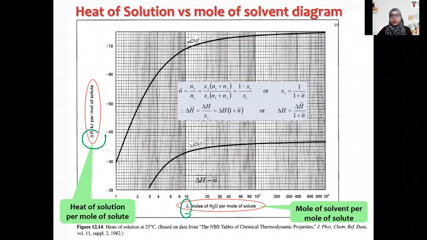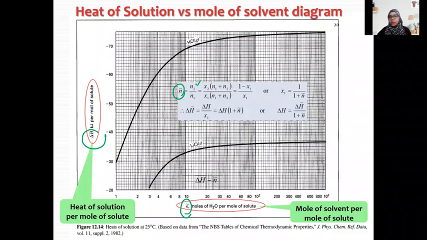So let's take a look at the expression and elaborate here. So for the mole in the solution, it is based on the mole of species 2. For example, if the mole of solution, or the solution is considered for the component 1, so the mole of solute can be determined based on the